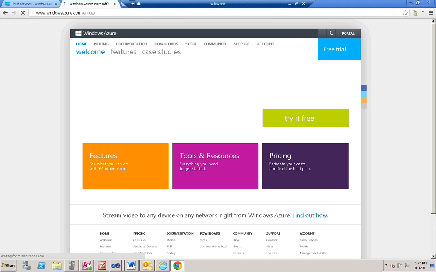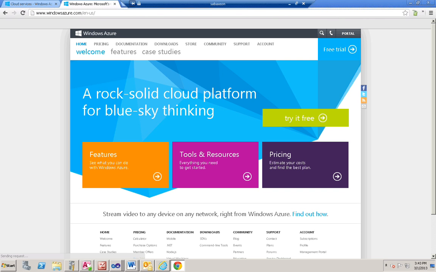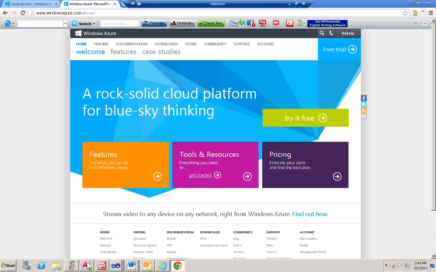You just need to type windowsazure.com. It is the main portal for Windows Azure. When you visit this particular page, you will find various options. You will find a pricing tab on top, which you can use to find out what the pricing would be